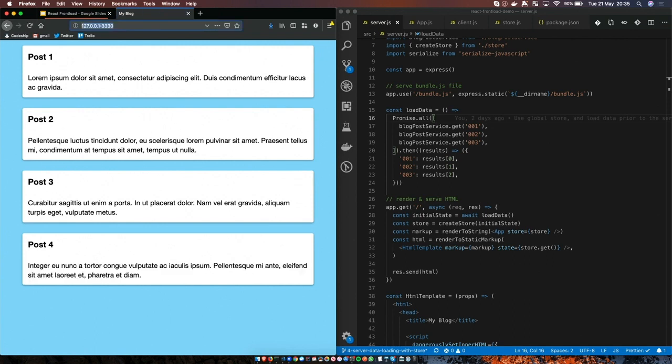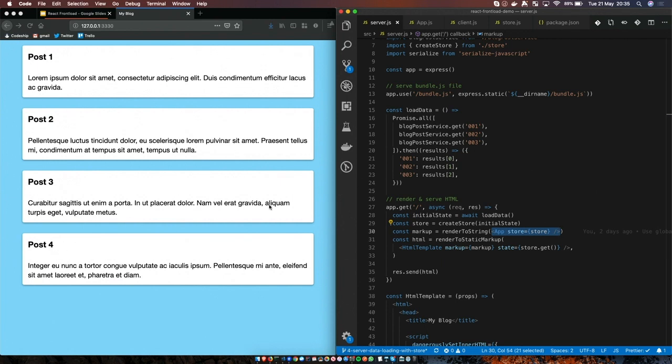Hopefully that's not too quick. You can see what's going on there. The reason for that is that we've preloaded 1 to 3 on the server. It's in the initial store. It gets rendered into the application here, and we're not loading blog post 4. So that one just gets server rendered with this loading indicator, and then the client side kind of